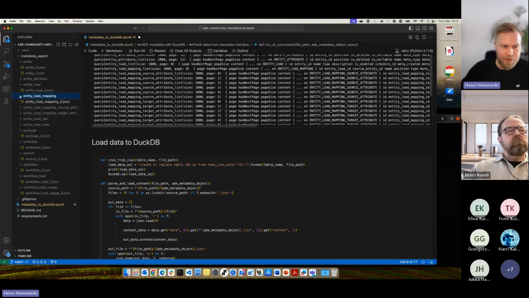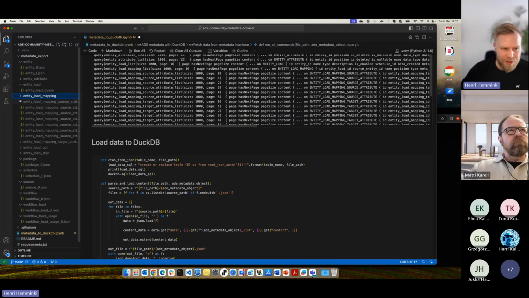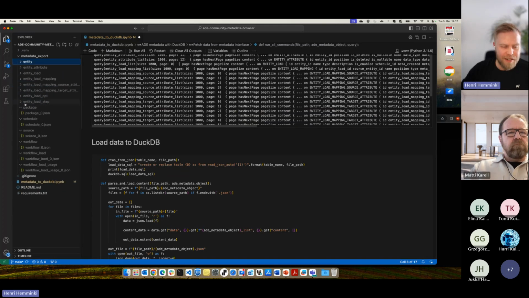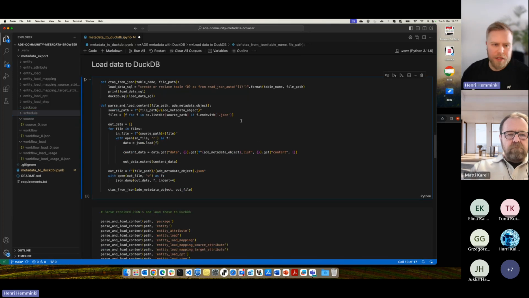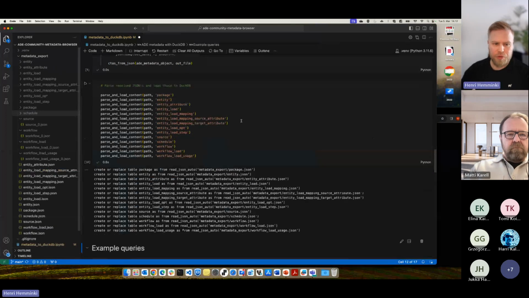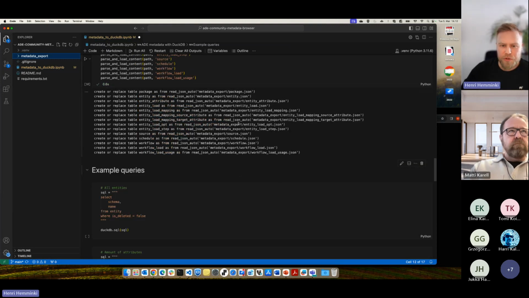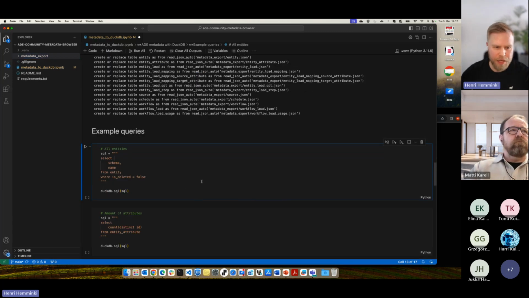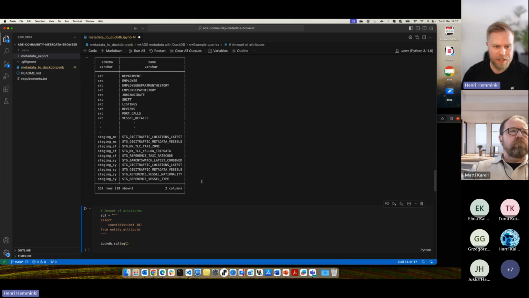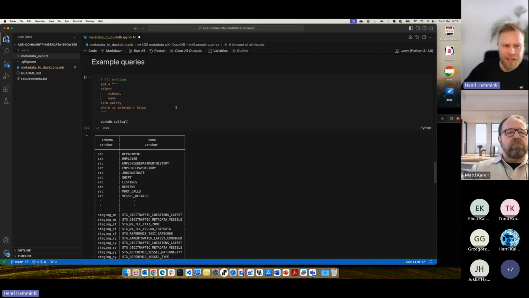PC. And as you know, just having JSONs on your hard drive is not that nice for getting any information out of them. So what this script does is load all this stuff into DuckDB. It took less than a second to load all that into DuckDB. So now all the metadata is there in memory in the DuckDB database, so I can just continue running the cells. Now I can query the actual metadata with DuckDB.